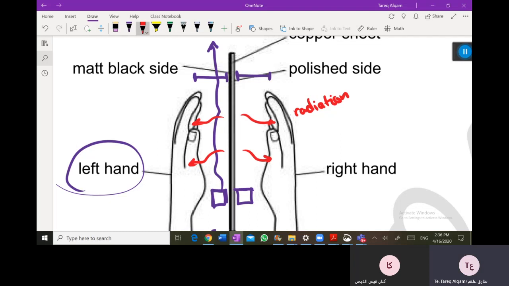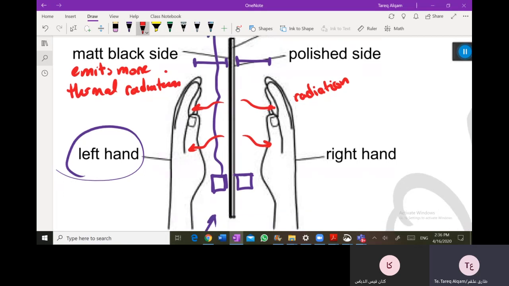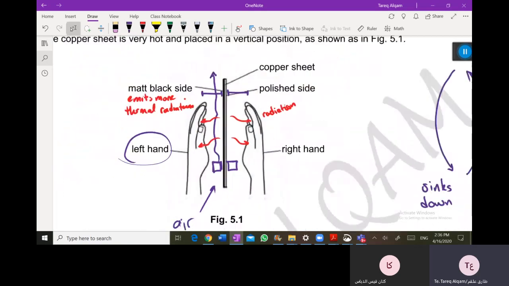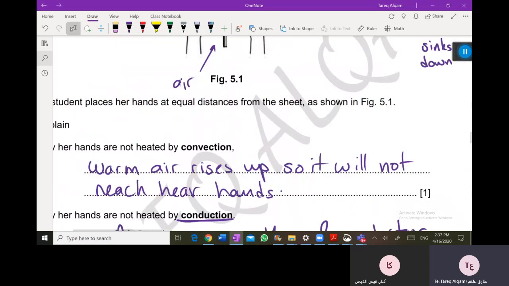The black one emits more thermal radiation because it's matte black, which is a good emitter. Here we consider it as an emitter because it is at a higher temperature than the outside temperature. So here, the left hand,